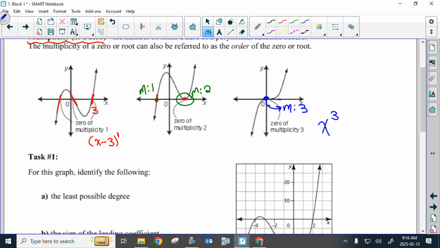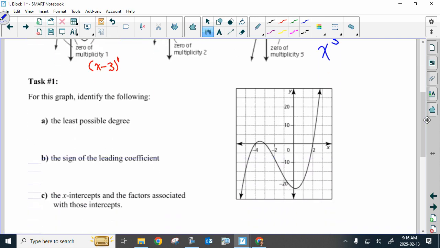Does that look okay? So, I'm interpreting this. This would be considered a multiplicity of 1. This is considered a multiplicity of 1, and this is considered a multiplicity of 1. 1, 2, 3 adds up to be a cubic function. You guys see that? So when I look at this graph, when it says the least possible degree, that's language